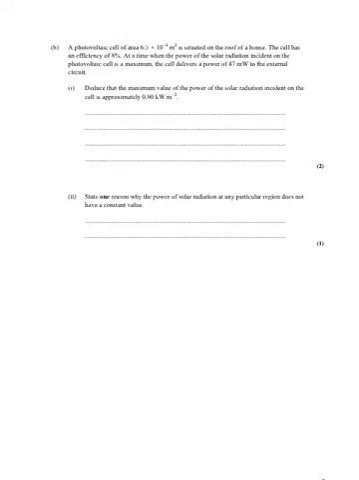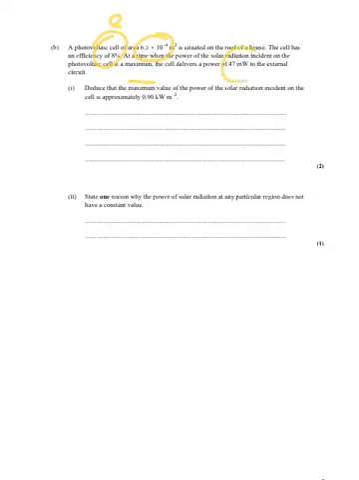Okay, so solar power question. We have a cell of area 6.5 times 10 to the minus 4. It's situated on the roof of a house. The cell has an efficiency of 8%. So that's your efficiency. And at a time when the power of the solar radiation is at a maximum, the